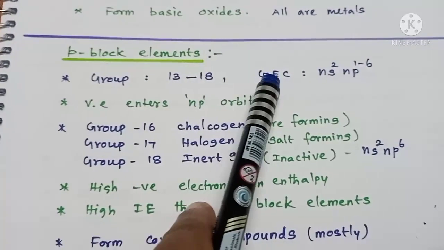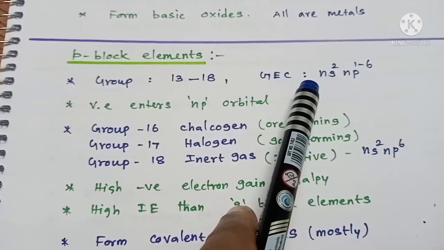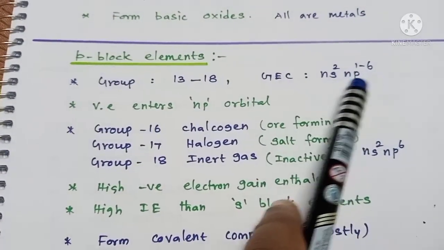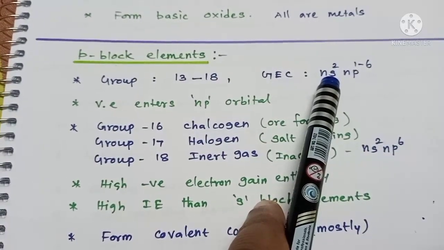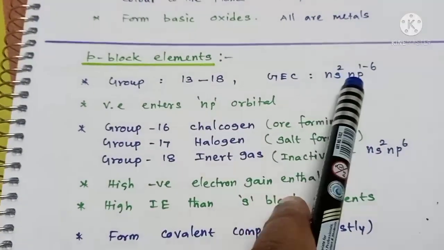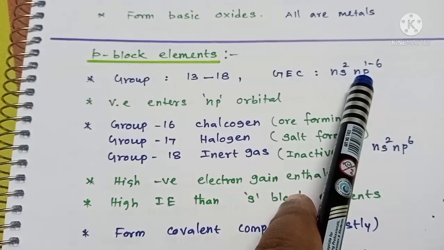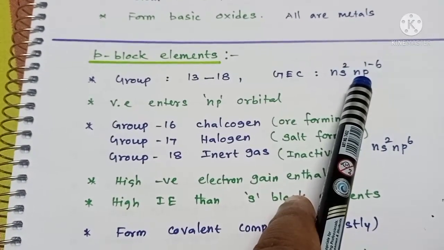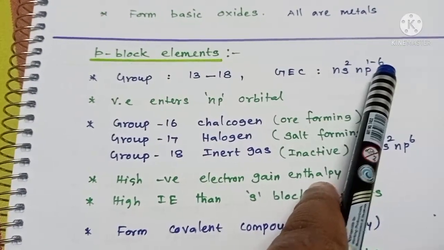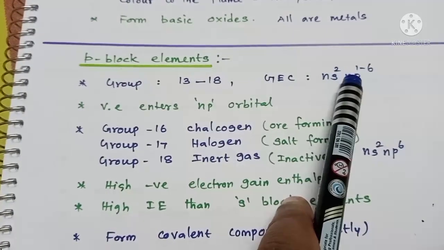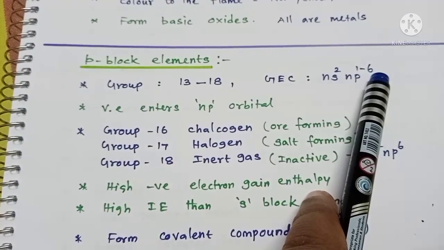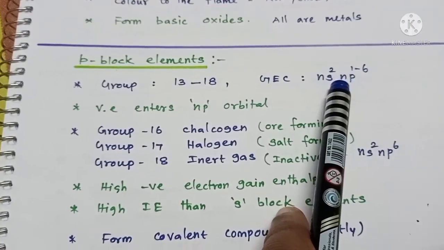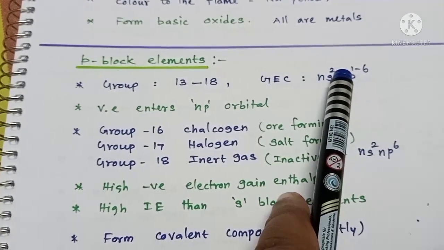Okay, right. Then the general electronic configuration of p block elements is ns2 np1-6, which means in p block elements the s orbital is fully filled, whereas there is a difference in electrons in the p orbital from minimum 1 to maximum 6. If we start with the 13th group with p1 electron, the 18th group ends with np6 electronic configuration. So that only there is a difference in p electron from 1 to 6.